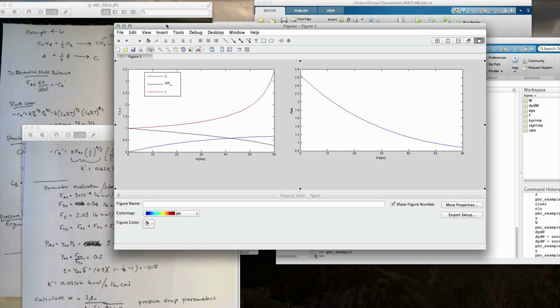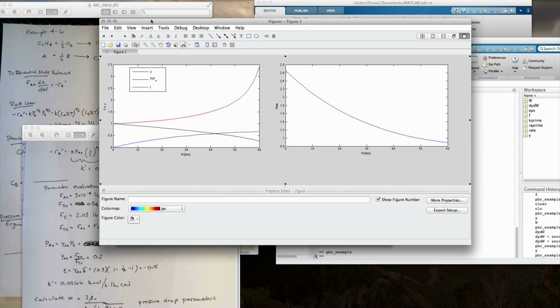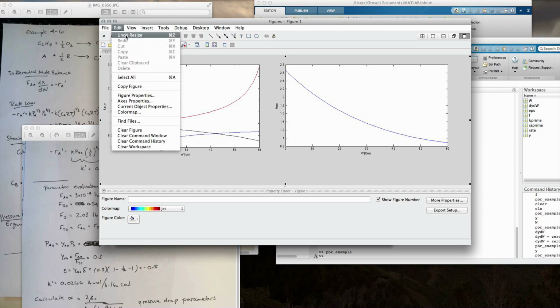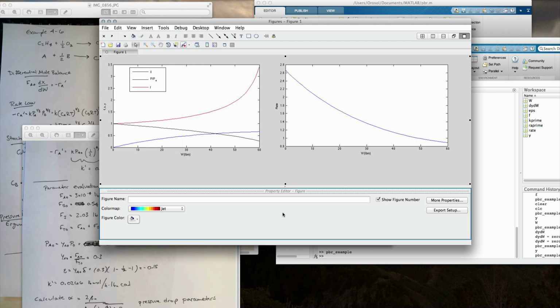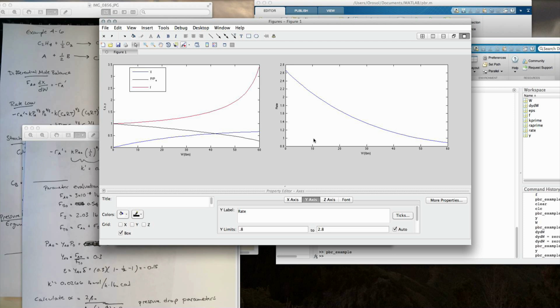All right, that was it. So I went to View, no, I went to Edit, Figure Properties, and it opens up this. Then you can click on various things. So for instance, if I click on this one,